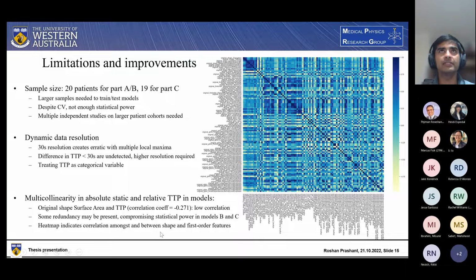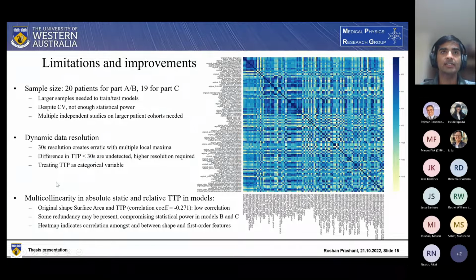So larger sample sizes are necessary in order to separate the data set into the classical train and test models that are required for machine learning. And despite the implementation of the Leave-One-Out cross-validation, these models likely do not have sufficient statistical power, and so multiple independent studies are necessary on larger patient cohorts to either validate or to challenge the findings of the study. Furthermore, the